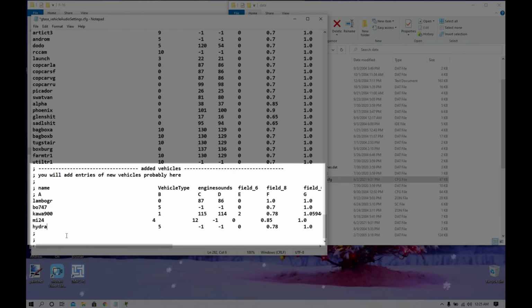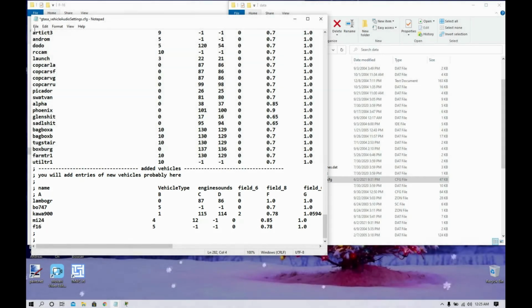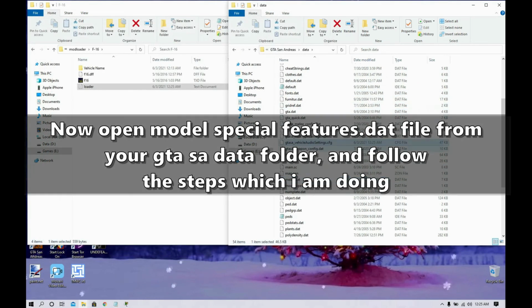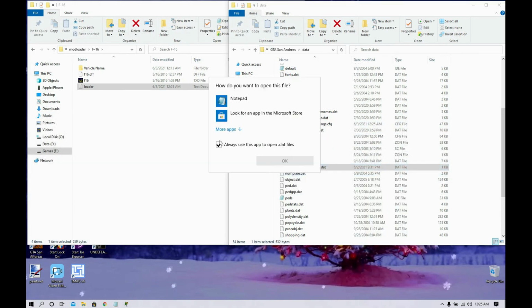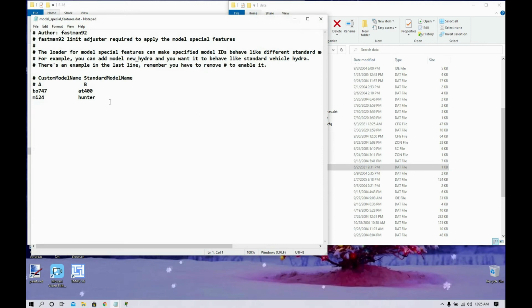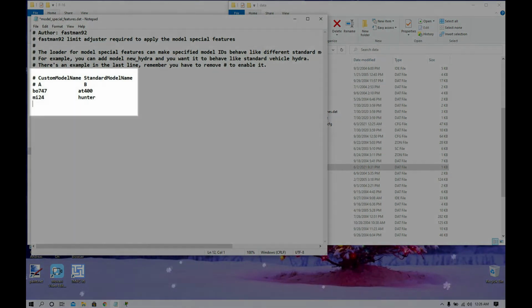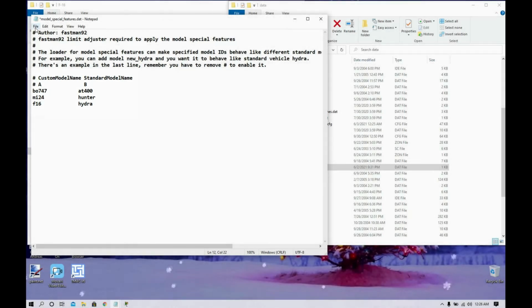And as before, you have to rename it. So I'm gonna rename it to F16 and now save the file. Now after that you have to go to the model special features.dat file, open with the notepad, and below you have to enter F16, and in the B section you have to type Hydra because it will make our F16 behave like Hydra. So save this file